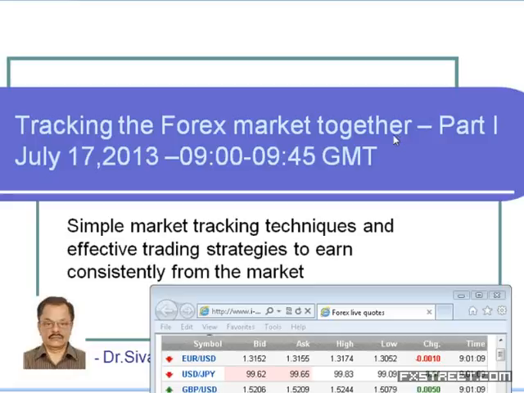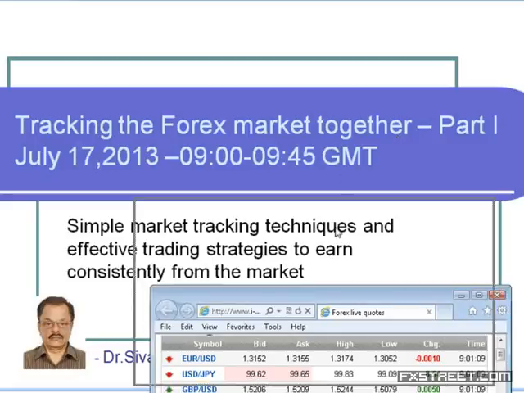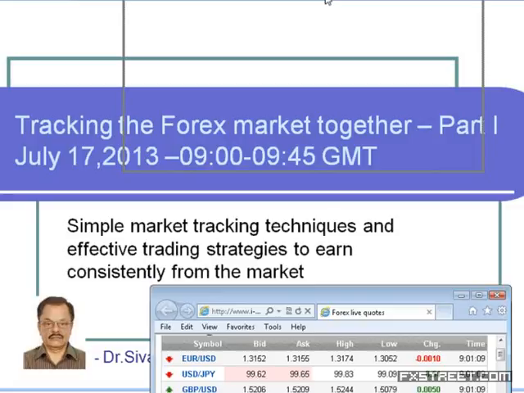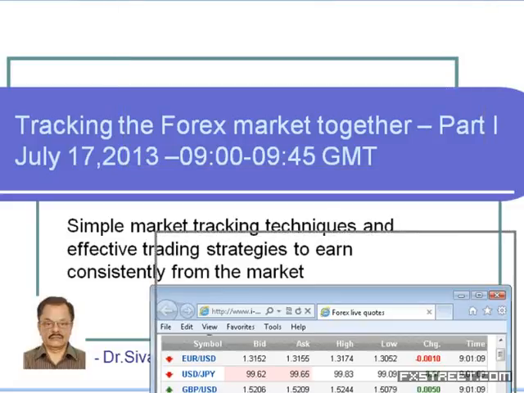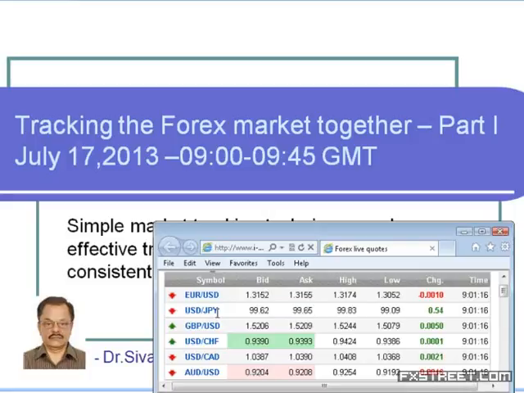When you would like to track the 24 hours forex market, it is extremely difficult to track all the 24 hours. So we need to find out how much time we'll be able to watch and how many trades we can do, and be able to identify a good trading opportunity, or we simply hold a position and wait for the market to move in our favor. So these things are to be taken into consideration in order to make the tracking more effective.